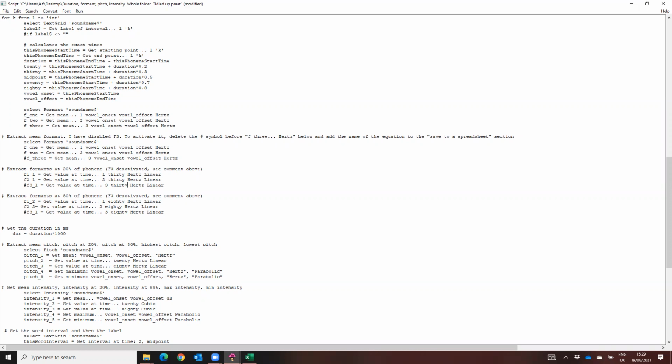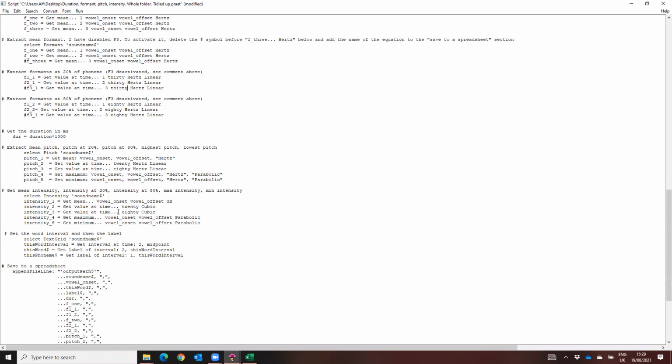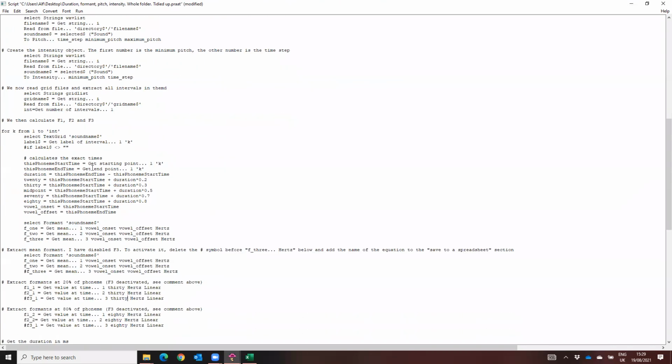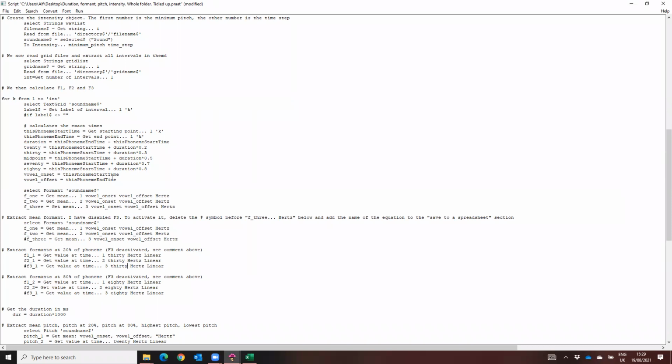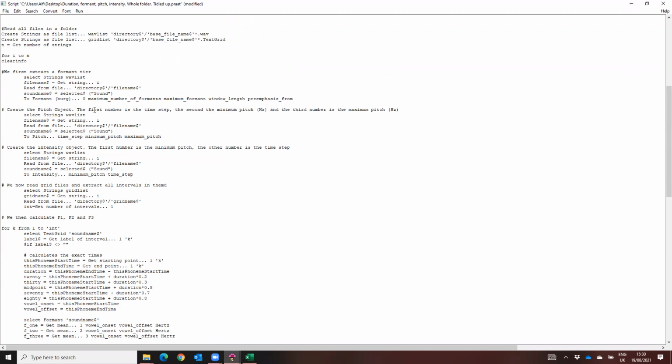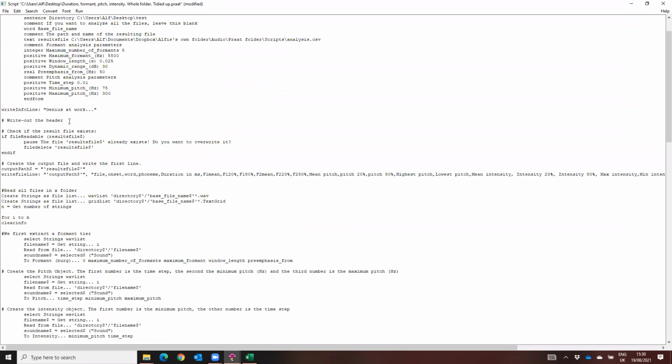So also talking about crashing, one thing that you can do as well is, it doesn't work as well with this one here, but when you use a script that doesn't read everything in a folder, one of those where you have to select the files, you can put info lines. So for example, where it says here write info line, you can put write info line and then put things like